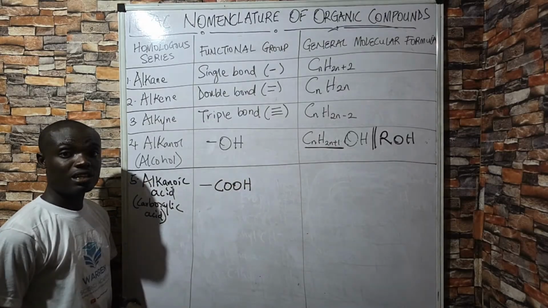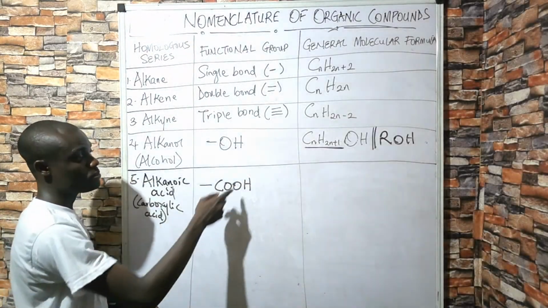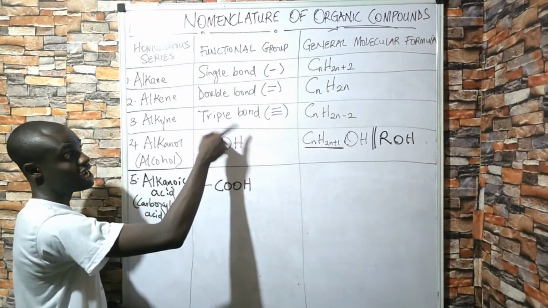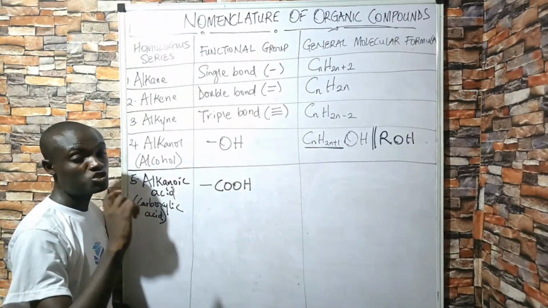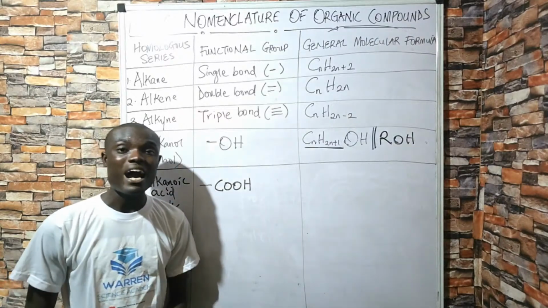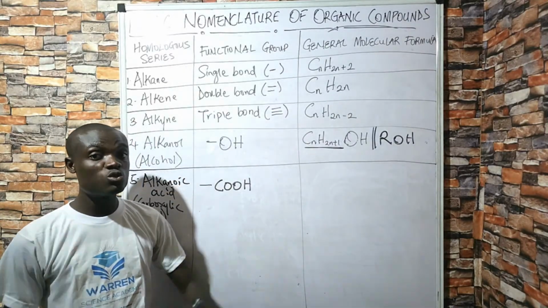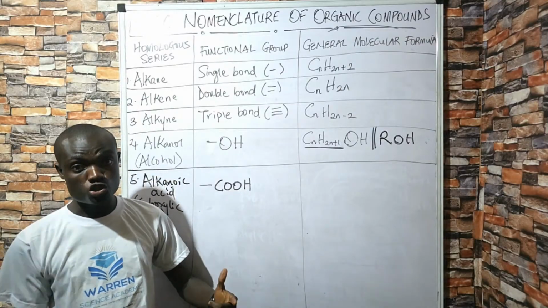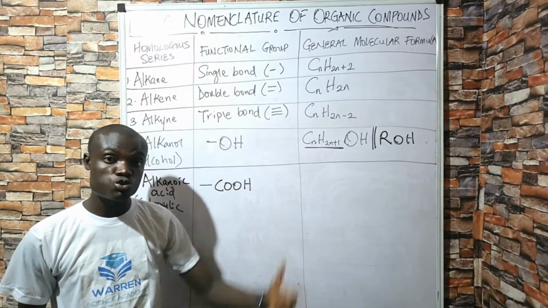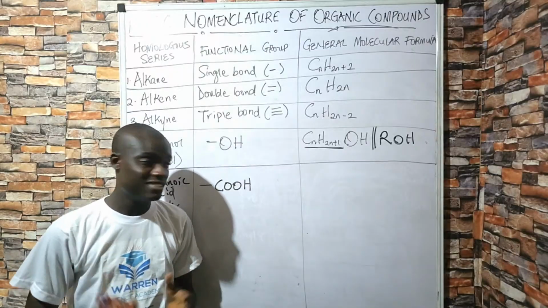Now in our second class tomorrow, we are going to talk about how to expand these structures. Because it's one thing to know how to draw a compound, it's another thing to know how to also name the compound. So you should be able to name when they give you the structure, and when they give you the name, you should also be able to draw. So the two of them go side by side.